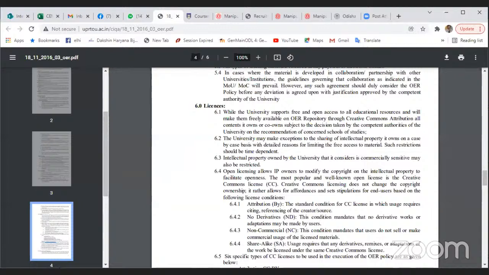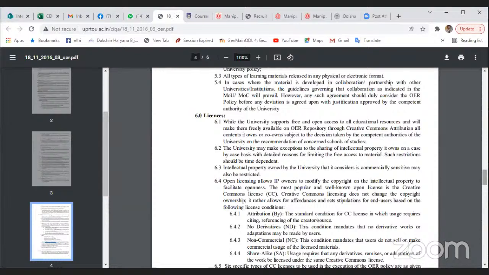And what is very good is that the policy talks about an open educational resource repository being available at the university, and all materials through Creative Commons attribution should be placed in that repository. And we will give wider access to our learners, to our stakeholders, to the community, and it is not restricted to just the state of Uttar Pradesh. It is open for all